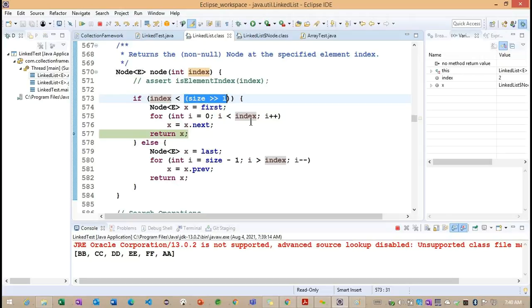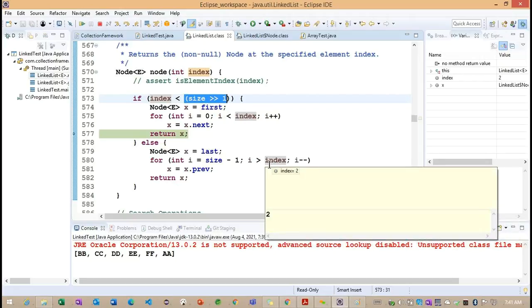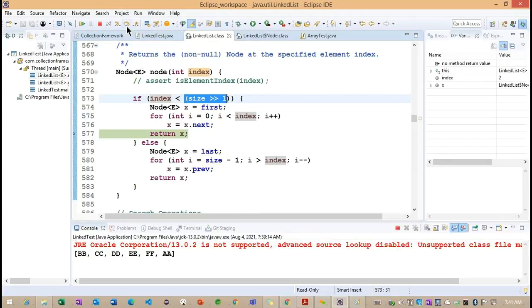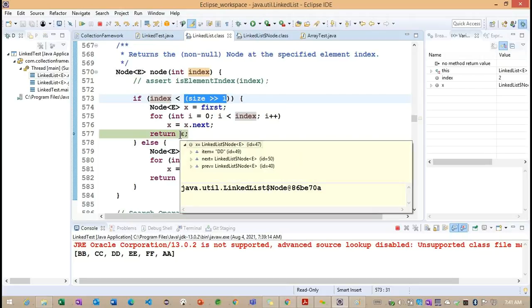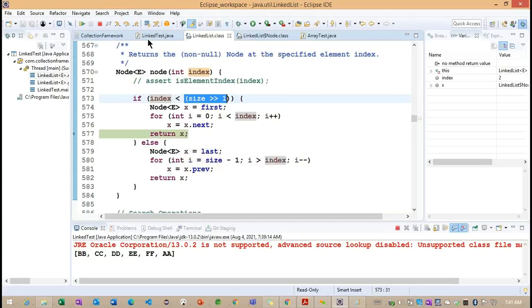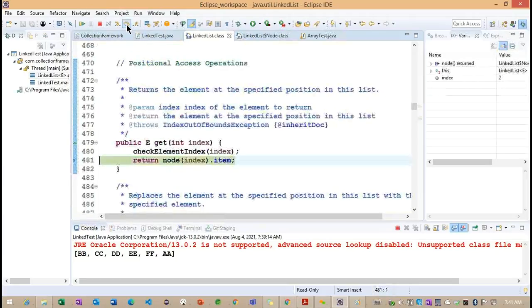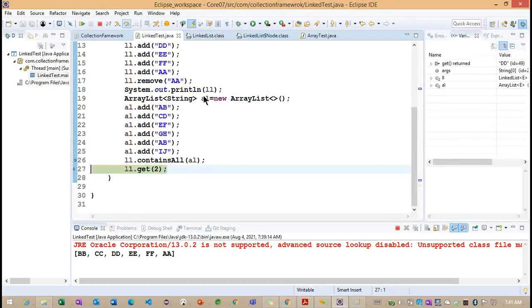If you know those operators, we can understand what it is doing internally. Okay, so back to here, the x we are returning is DD. This DD value is the item we are finding, so it will return the DD value here.